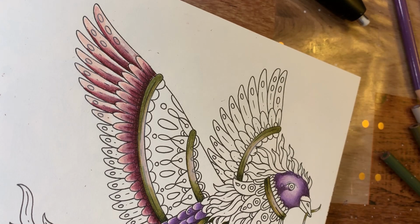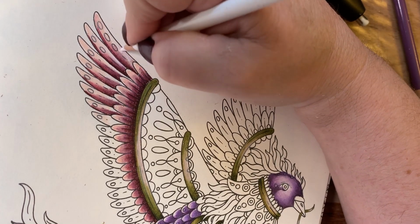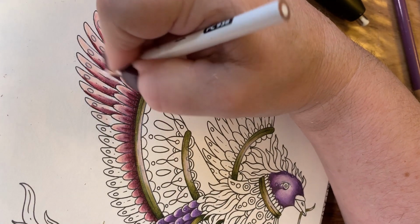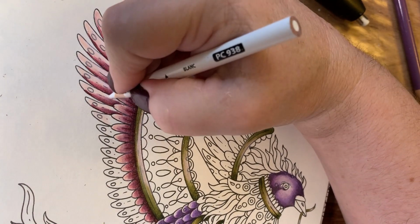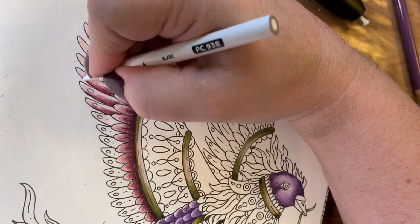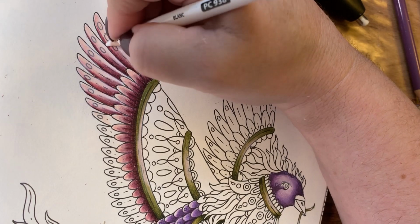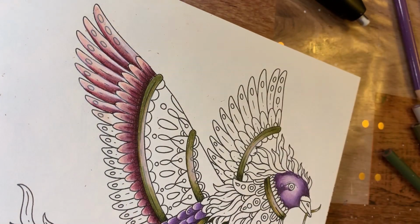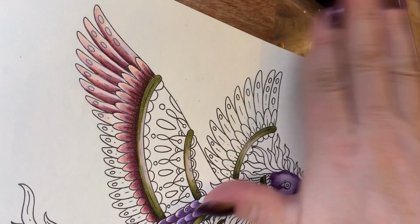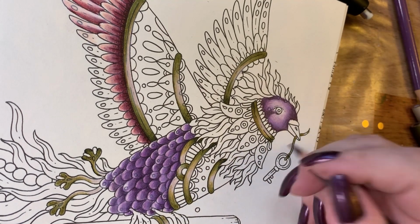Okay, then I'm going to come in with white and just blend that tip coming up here. Okay, so that's how those will be done on that side, all the way down. And then we're going to bring in blue up here, if you're wondering what we're going to do with that part. Over here I'm going to put the pink also,